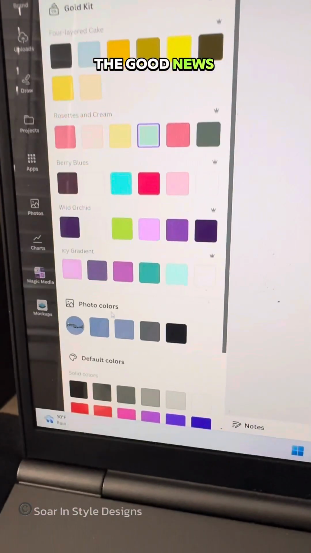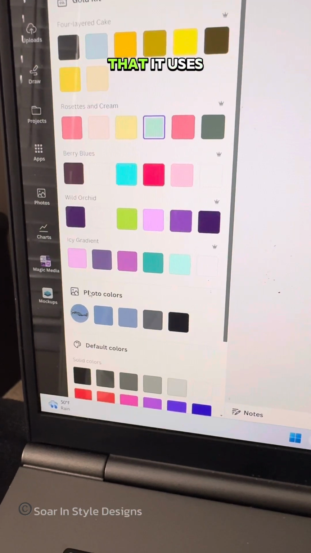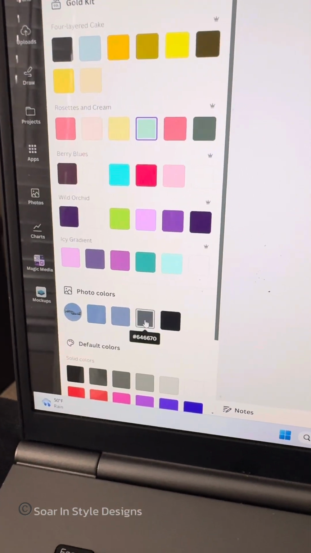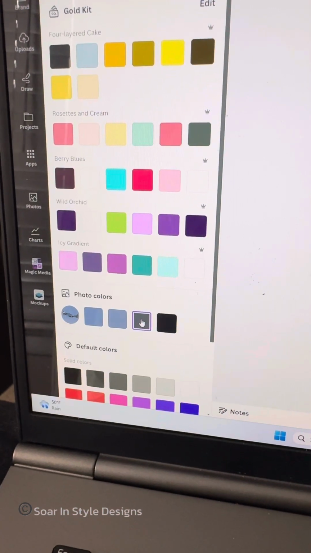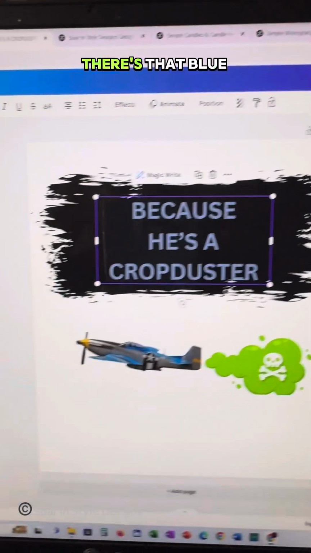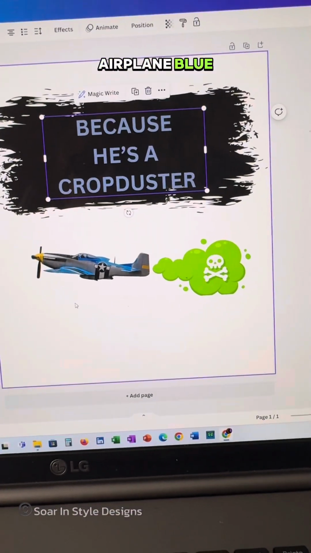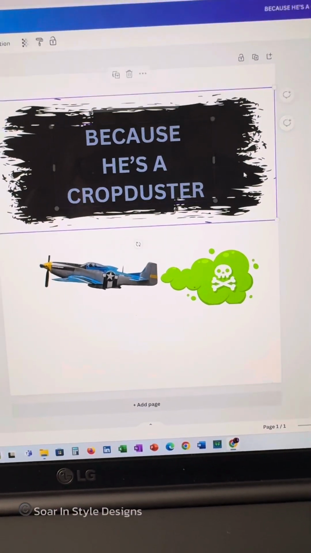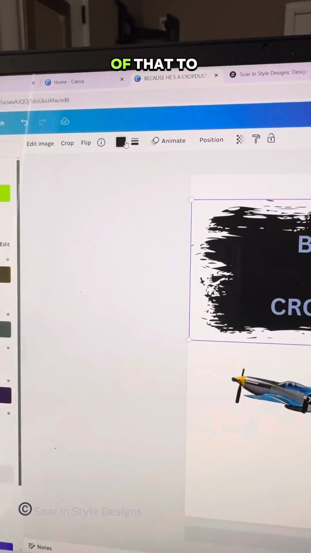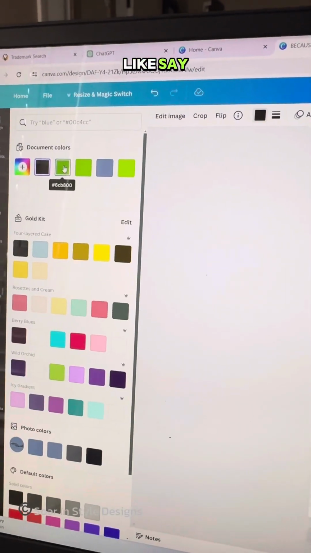The good news is any photos that it uses, it's matching colors here, which is nice. So there's that blue, matches the airplane blue. What if we change the color of that to, say,